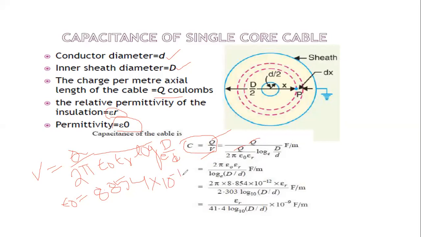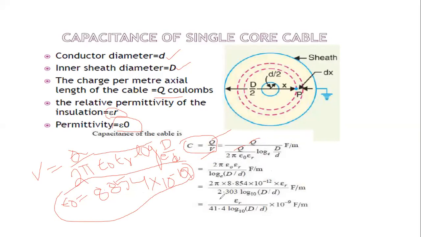8.854 into 10 power minus 12. This is the epsilon naught value, 8.854 into 10 power minus 12. This is the fixed value for epsilon naught, the absolute permittivity. So 2 pi into 8.854 into 10 power minus 12 into epsilon r by log e, that will be converted